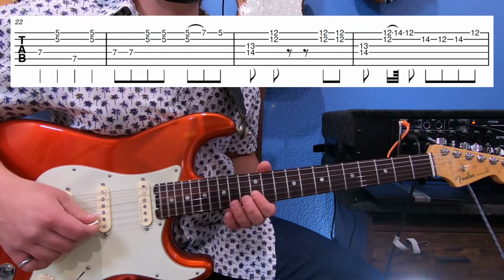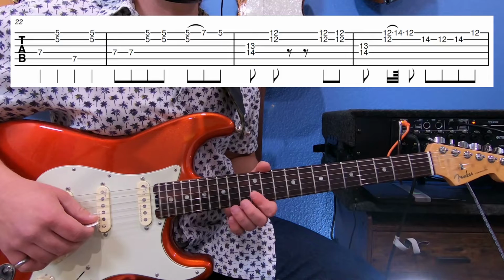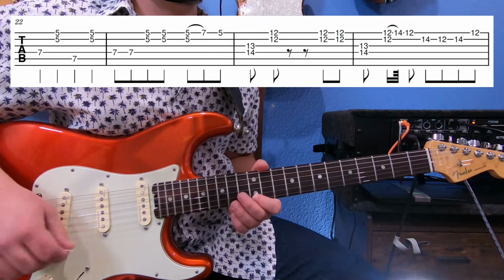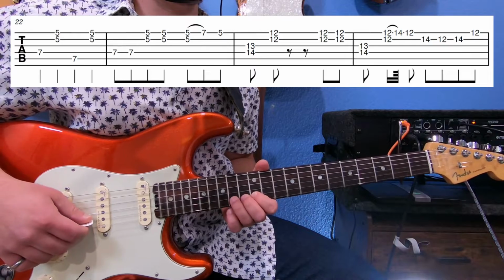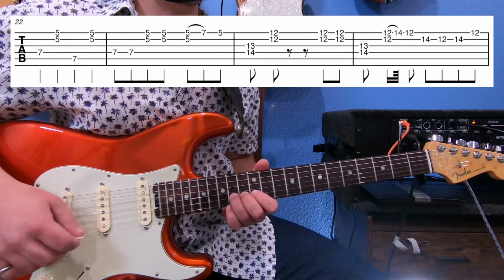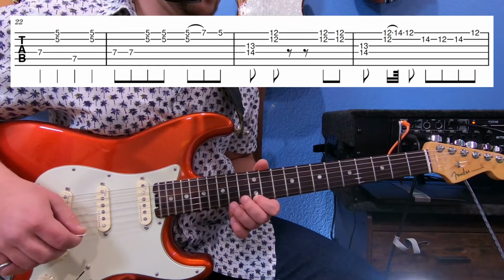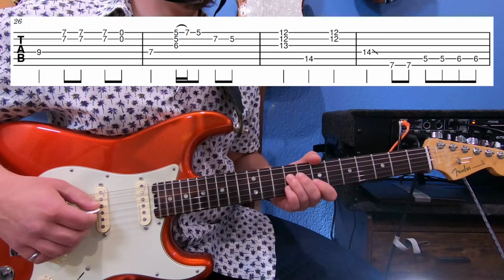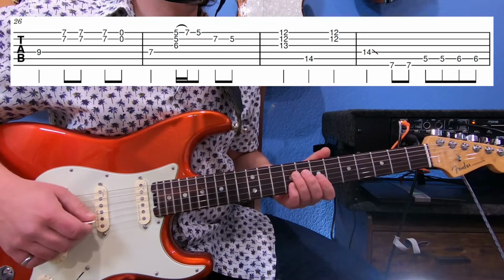Then we've got the 12th fret of the high E, a double stop again, hammering on to the 14th fret of that high E. 12th fret of the high E, 14th fret B, 12th fret B, 14th fret B, 12th fret high E. Then we drop down to the B position, 9th fret of the D string here, 7th fret